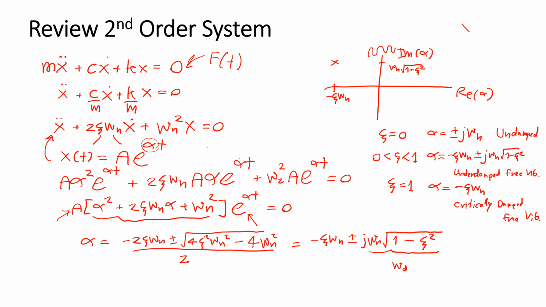And the final case is when the damping ratio is more than 1. When the damping ratio is more than 1, the term inside the square root will be less than 0, so we're going to write it in a new form: omega n square root of psi squared minus 1 instead. In this case, the damping ratio is more than 1, so we call it overdamped,